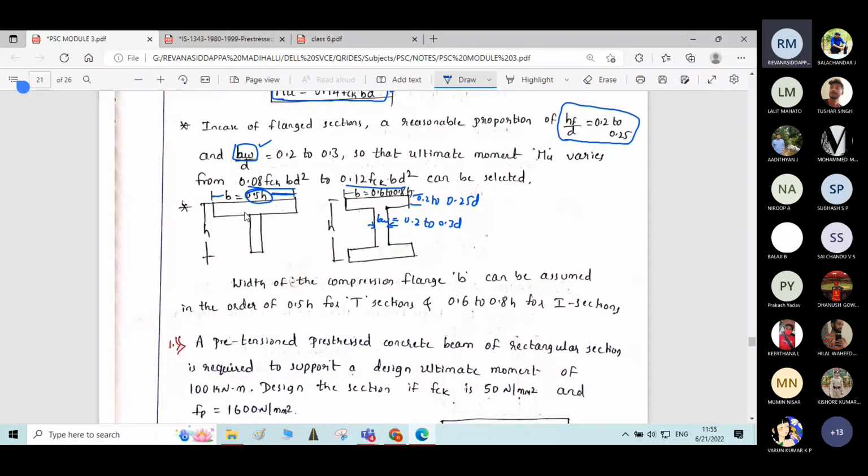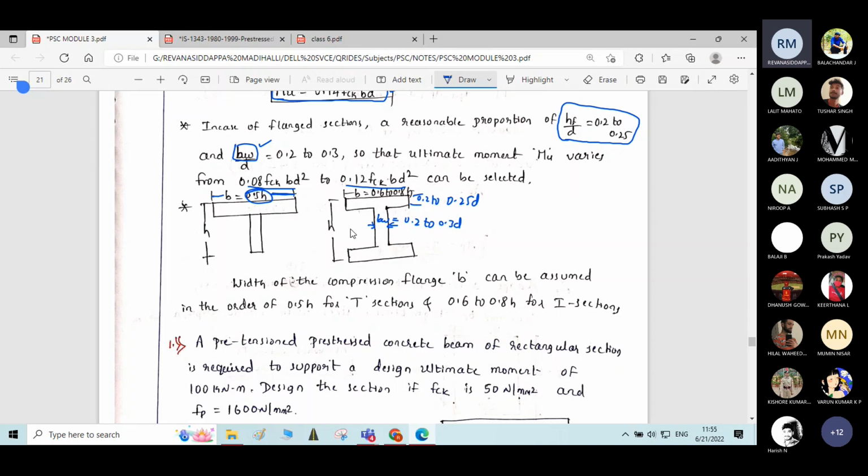Okay, 50% of the total height of the section or 50% of the total depth of the section. And for I section, 0.6 to 0.8 H, that is 60 to 80% of the total height of the member, we will select as width of flange. Okay, these are all the guidelines we need to follow for selecting sectional dimensions of rectangular section or T section